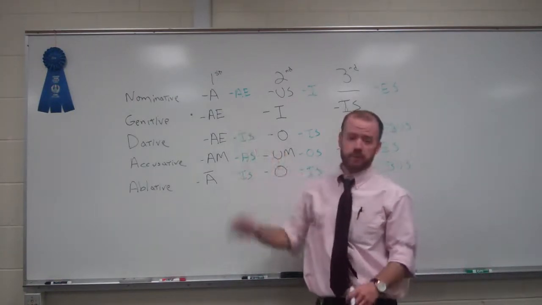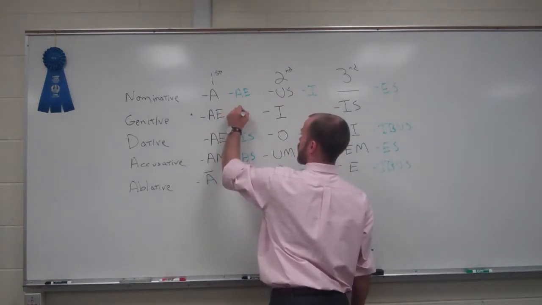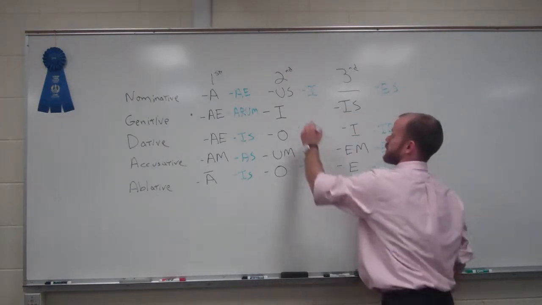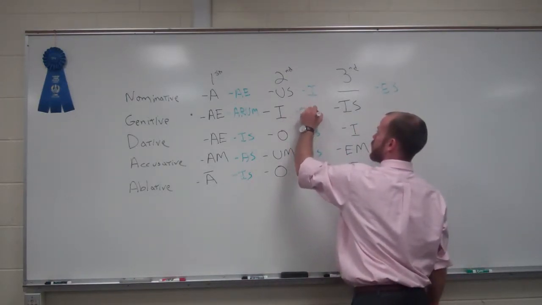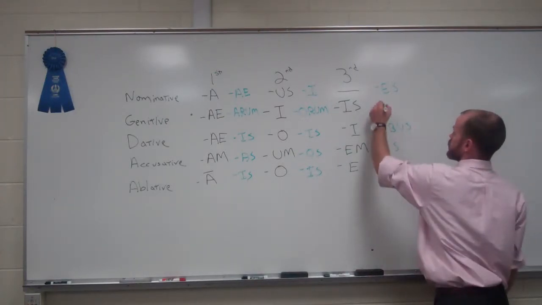So our genitive plural for the first declension is A-R-U-M, arum. Genitive plural for the second declension is O-R-U-M. Genitive plural for the third declension is